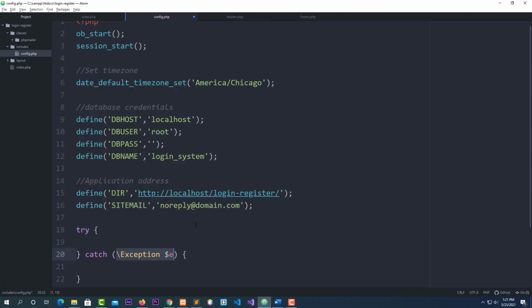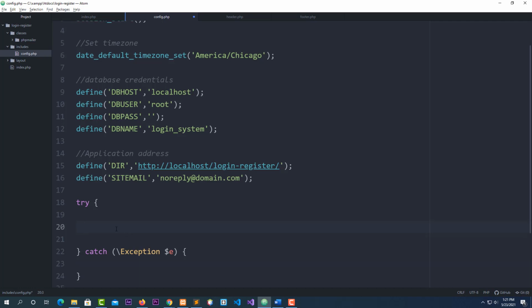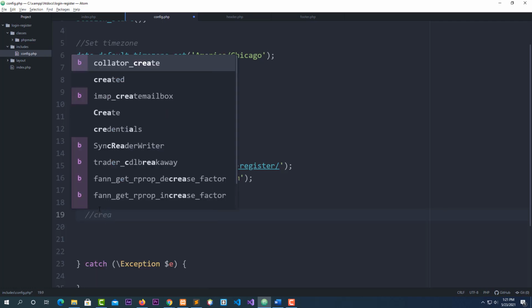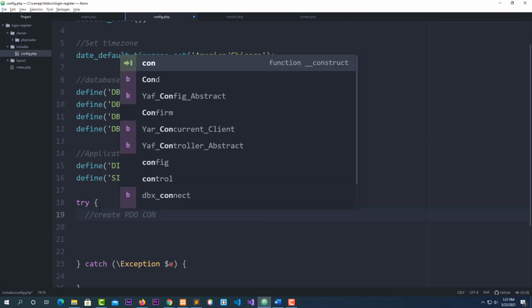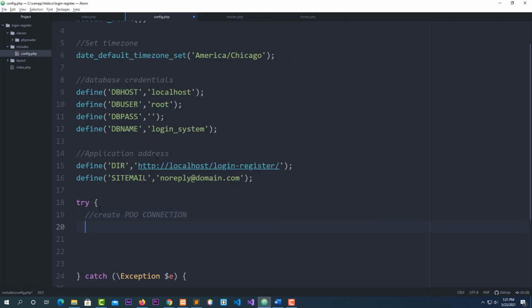I'm going to say try. Okay. Inside of the try, I'm going to pass some notes for you. This is where I'm going to create the PDO connection, guys. Okay, I'm going to say $db equal